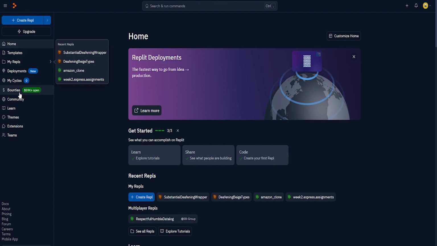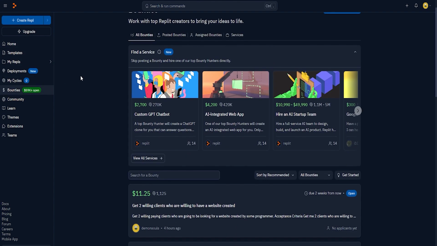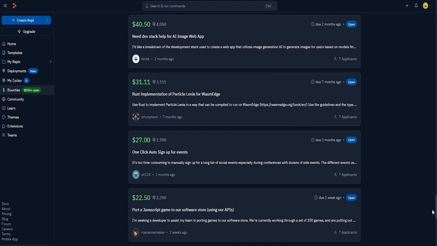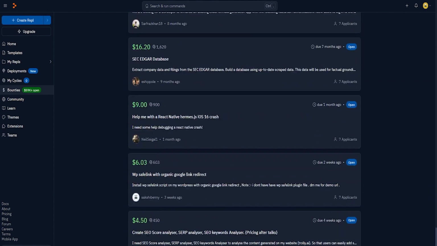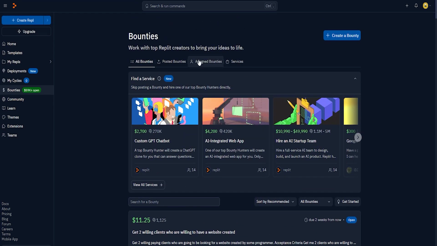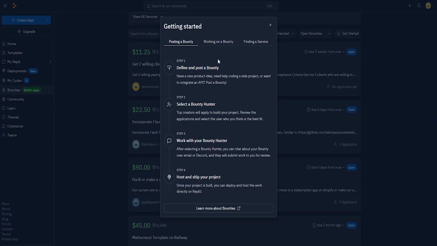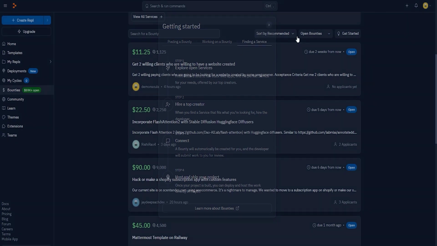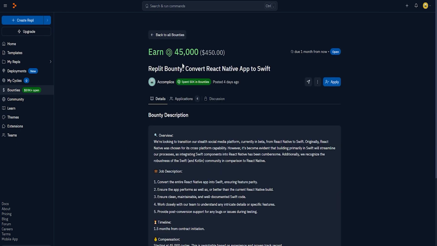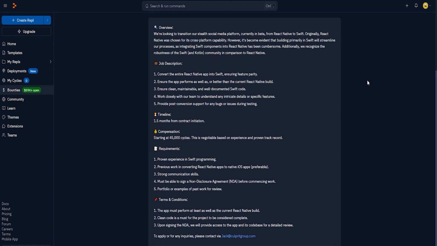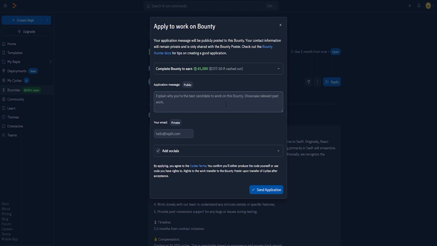One of its features is the Replit Bounty program. Bounties are a way for developers to incentivize others to contribute to their projects. Developers can create bounties by setting a reward for a specific task or issue they need help with. Bounties are a great way to get help with a specific problem or to encourage collaboration on a project. They can also be a way for developers to earn some extra income while working on their coding skills. Replit offers a secure and transparent platform for creating and claiming bounties, making it easy for developers to collaborate and get things done.